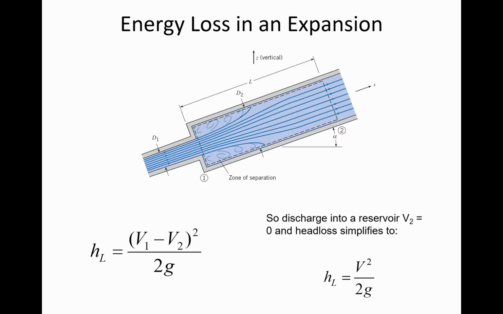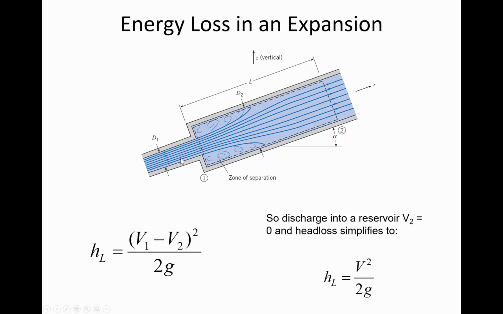counter flow velocity that effectively decreases the flow diameter, and it is in some ways causing more of a loss than if it was just contact with a stationary pipe, because you actually have water that's going the opposite direction, and so there's a shear stress applied to the fluid that's coming through in the direction of flow. The shear stress of having a fluid that's going the opposite direction is greater than if it was up against a stationary unmoving surface. And so one of the ways to calculate the energy loss in an expansion is to